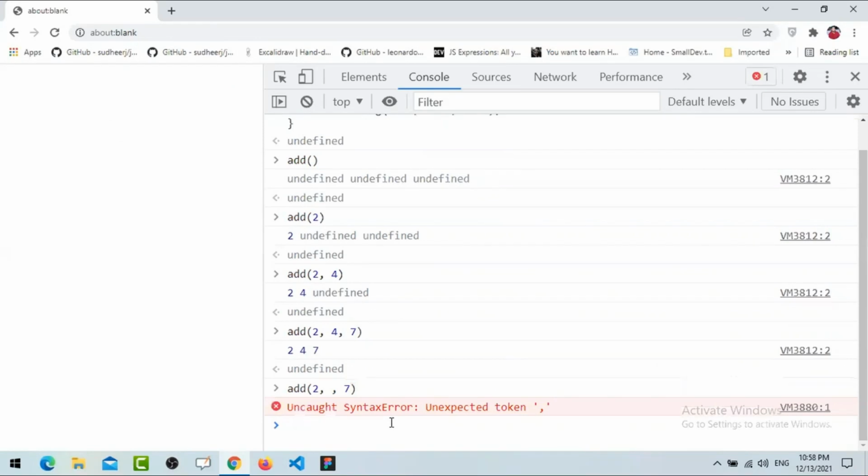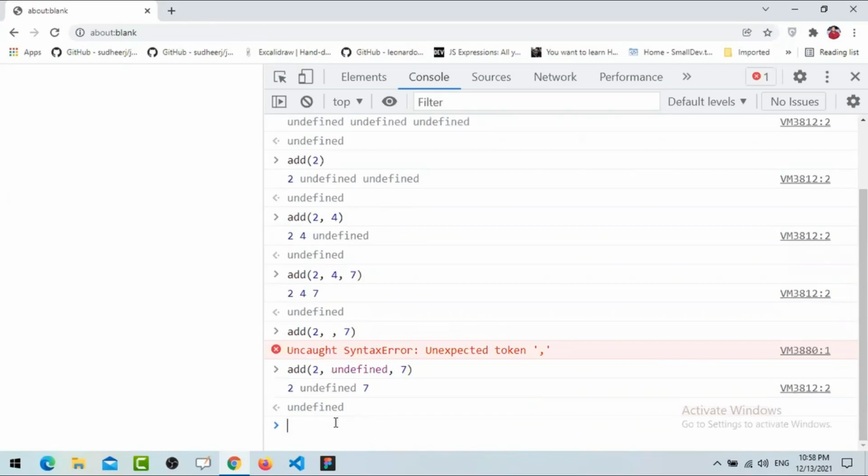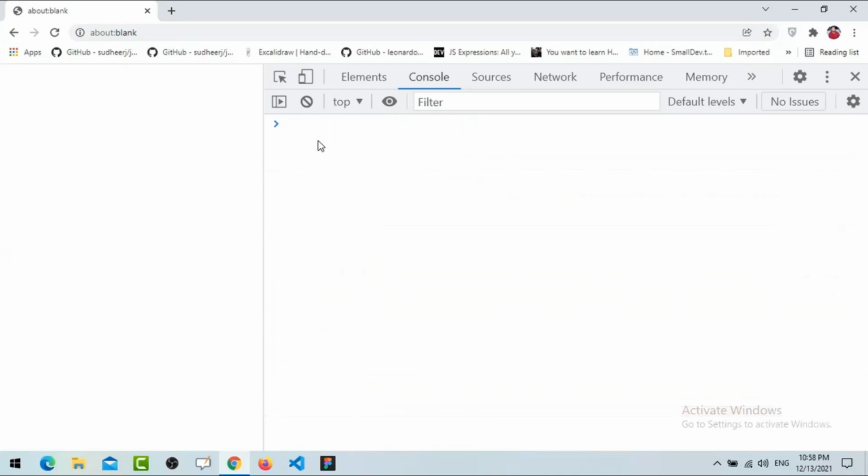Error. So here it is not possible. If you don't want to pass something here for the second number, simply you can pass undefined. So here you have 2, undefined, and 7. Okay, that is fine. Now here we have this one,